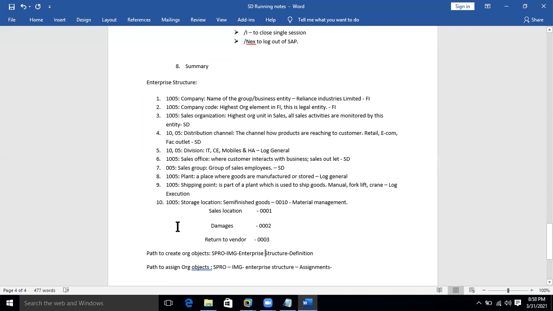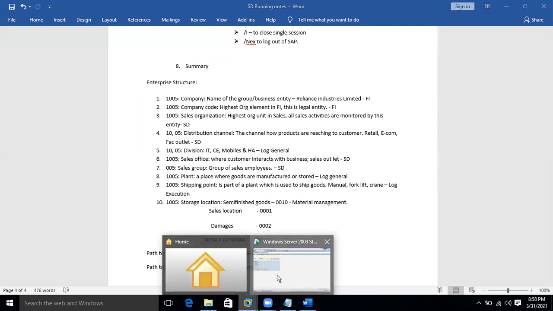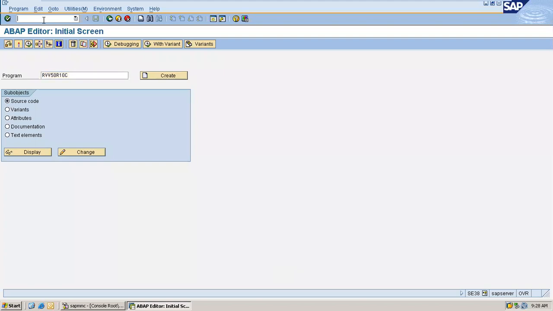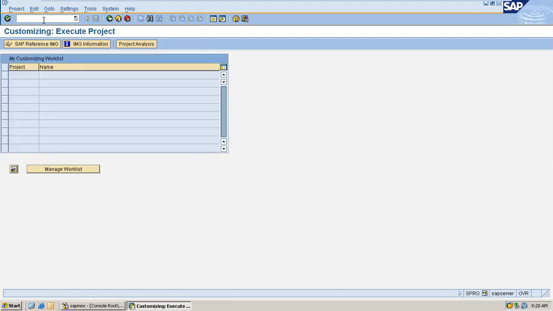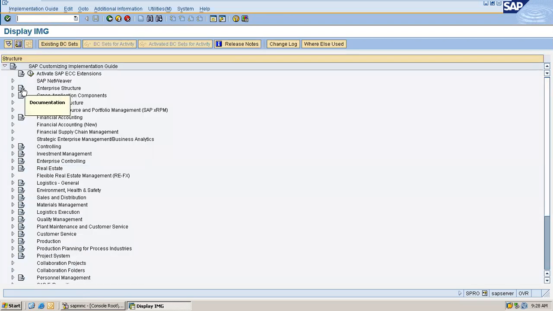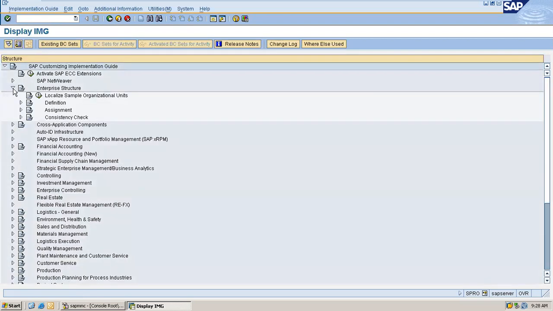Okay, so let's quickly go and form a structure. It will be easy. So I'll go by the hierarchy in which I have created. First, SPRO, IMG, enterprise structure.